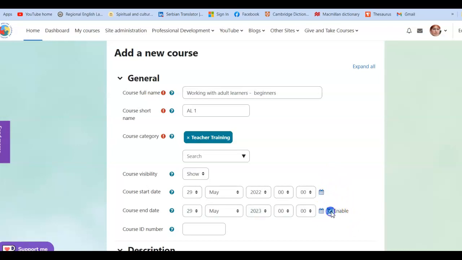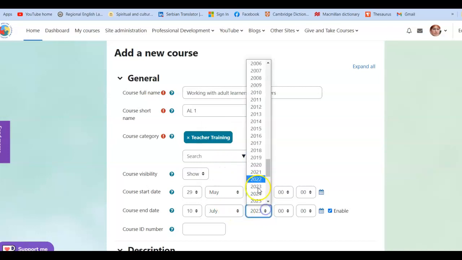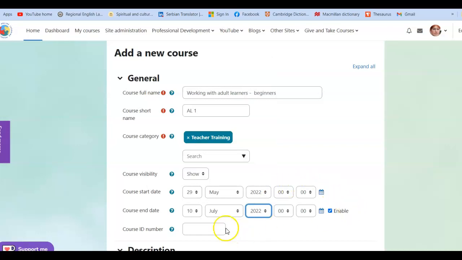Of course it would be crazy to have it end in one day, so maybe I can change it to, let's say, 10th of June or July, perhaps. If I want to allow my learners a short time, maybe till next year would be too much, for example, but